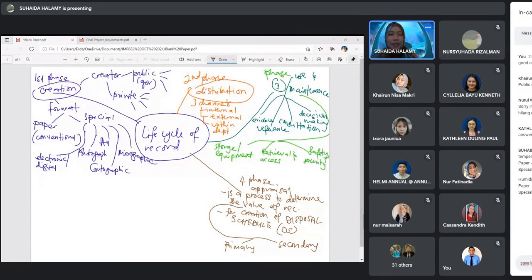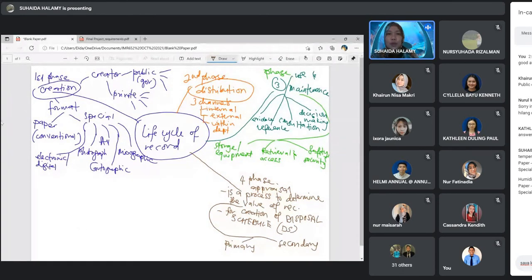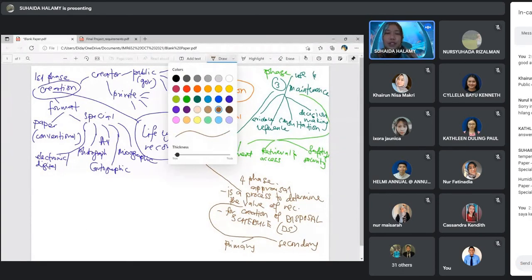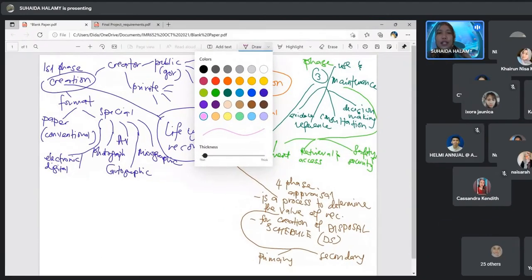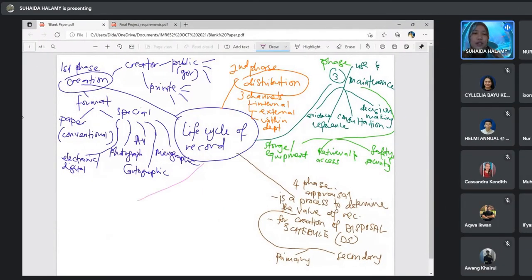Alright, we move to our last phase. I use the pink color. The last phase is disposition. Normally, how do we know we want to do disposition on the records?